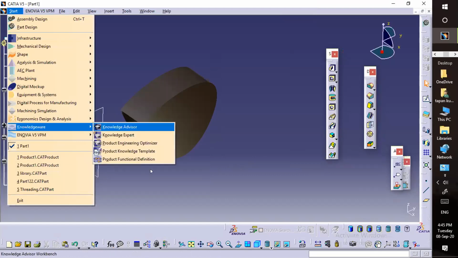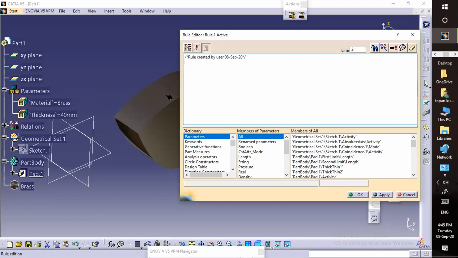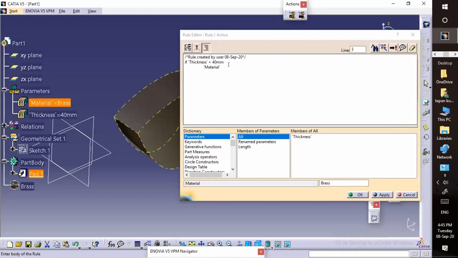Now I'll go to start, Knowledge, Knowledge Advisor, rule. Now if thickness is more than, then my material is equal to, maybe some gap is there.